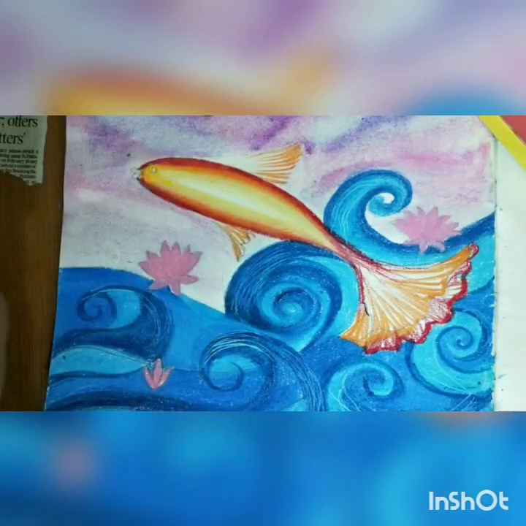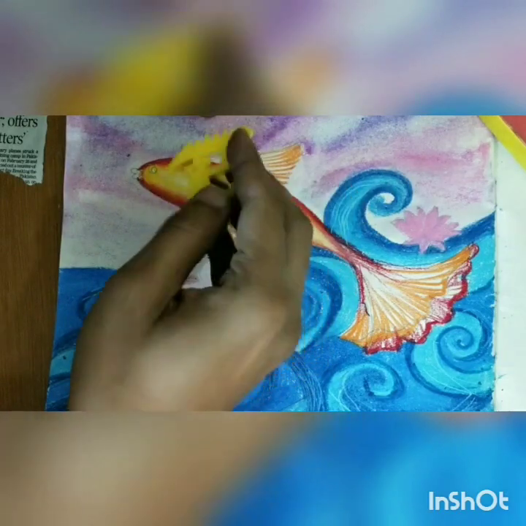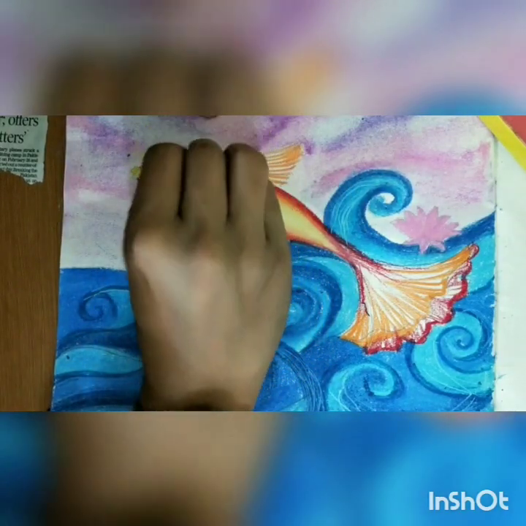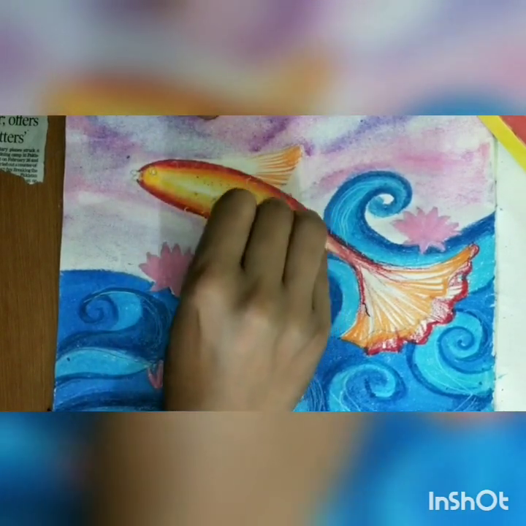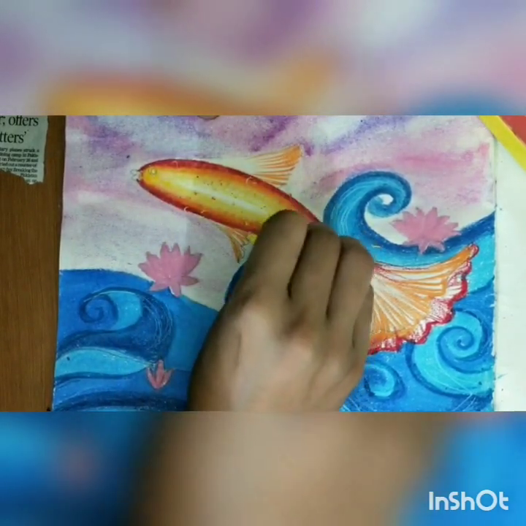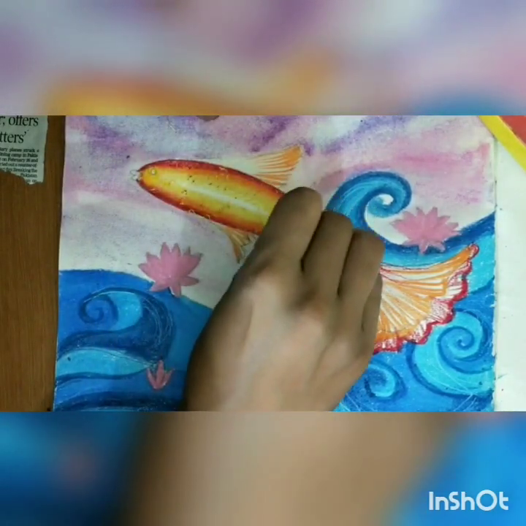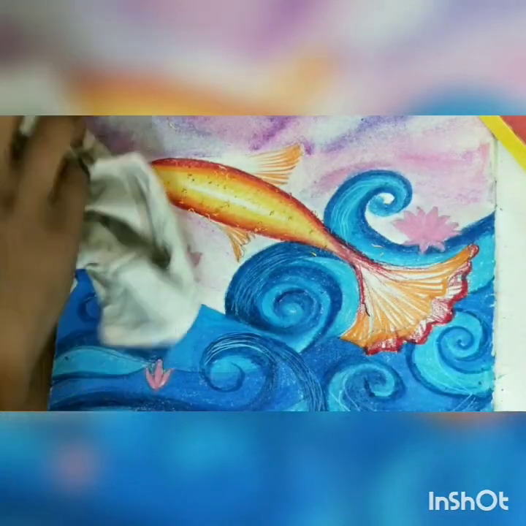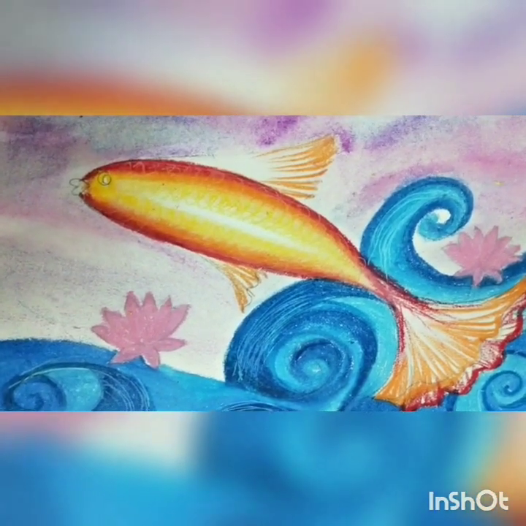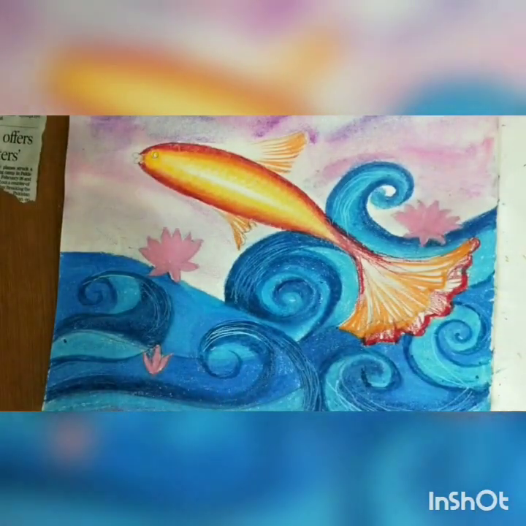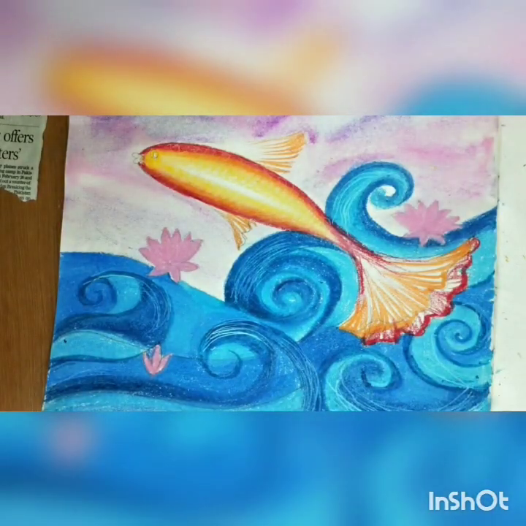After this, I'm drawing fish scales. It's done. It looks very light. See, after this, I'm doing some outlines with black color.